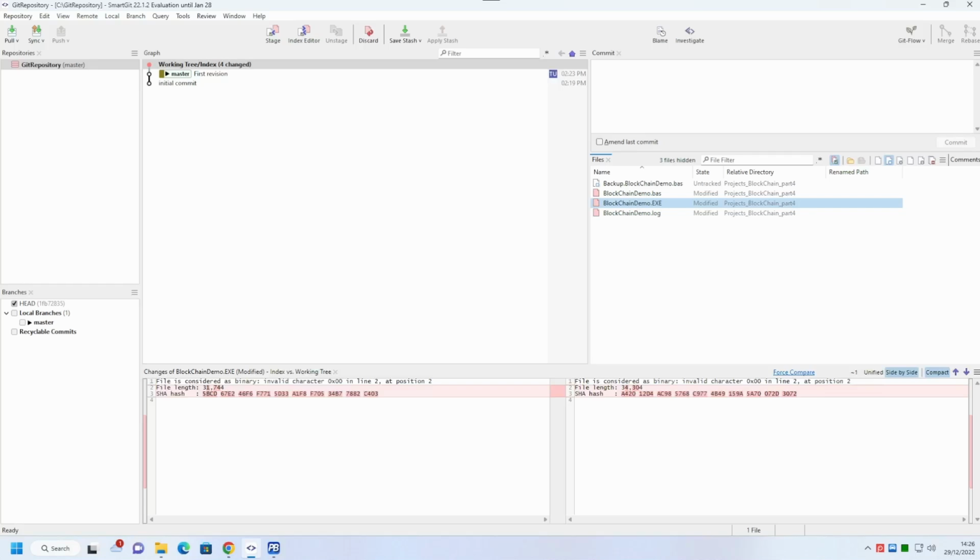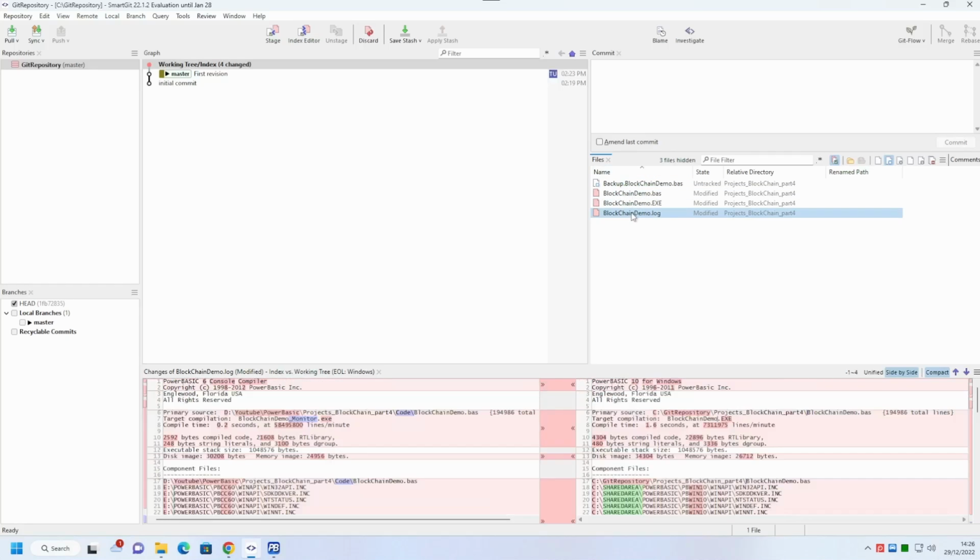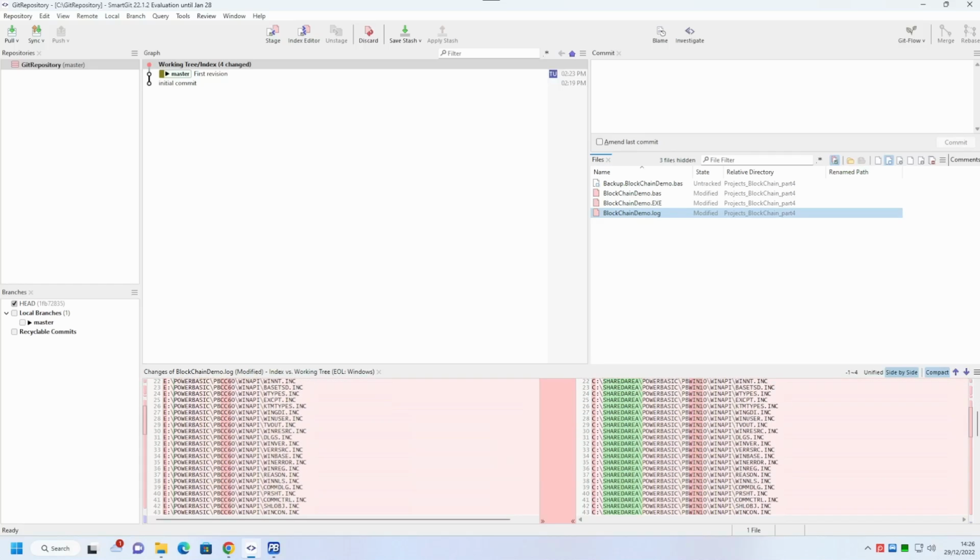As you will see at the bottom of the screen, if we look at the code file, it identifies which lines have actually changed, and it hides the ones that have not. If we look at the log file, we'll see what it's telling us that have actually changed since the last time the file was accessed.